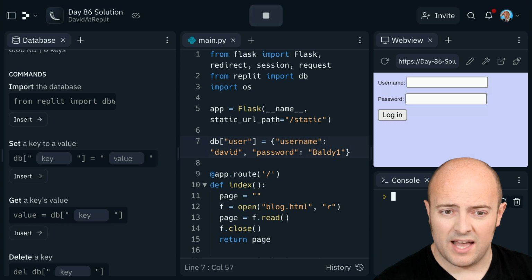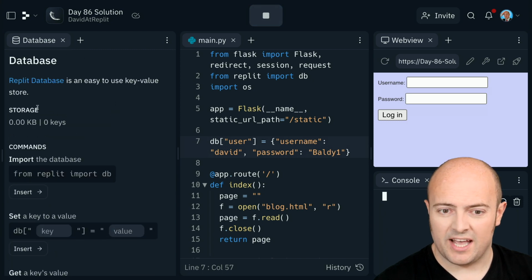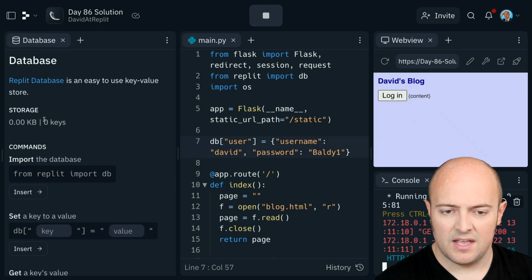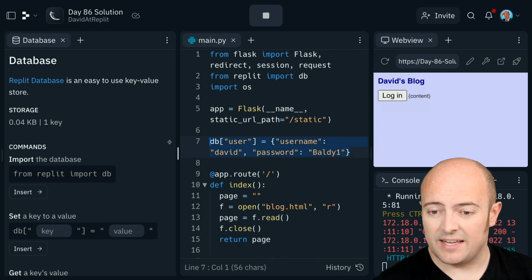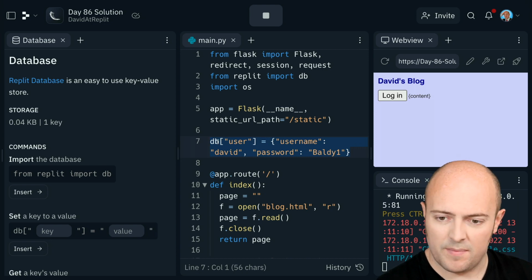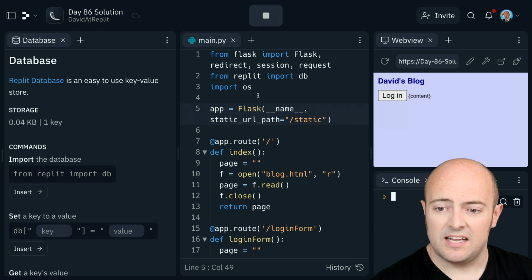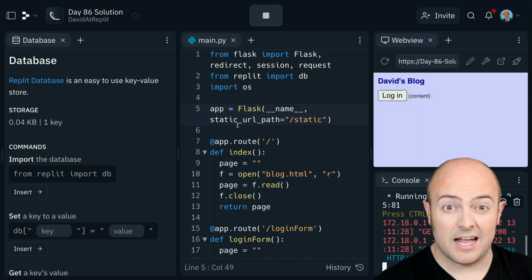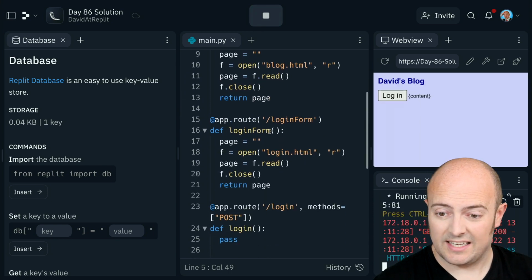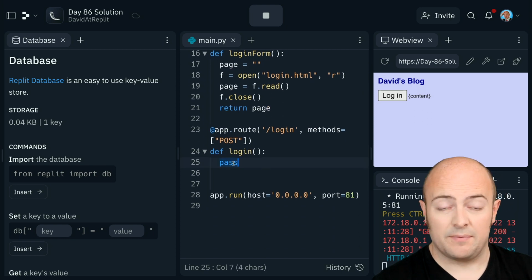Now, when I do that, what should happen is that key should get added to the database for me. I should see that increase in a second. There we go. We've got one key in there. So that means now I can take that out of there. And what I'm actually going to do is delete it completely, stop and restart it. Now that's in the database, but I'm not accessing it. So when I log in, what I need to do,